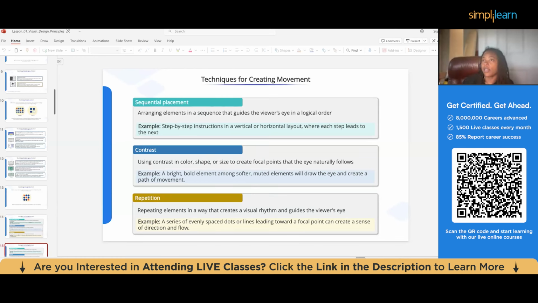And then you have sequential placement, which is arranging elements in a sequence that guides the viewer's eye in a logical order. For example, step-by-step instructions in a vertical or horizontal layout where each step leads to the next. And then contrast in movement is using contrast in color, shape, or size to create focal points that the eye naturally follows. For example, a bright, bold element among softer, muted elements will draw the eye